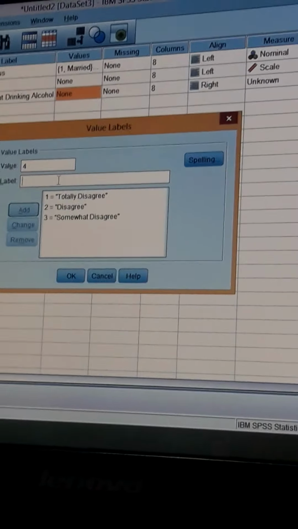So in the missing section we are going to keep none, columns 8, right align, we'll make it again to left if you want to make it left align. Scale, you can keep the scale as it is.